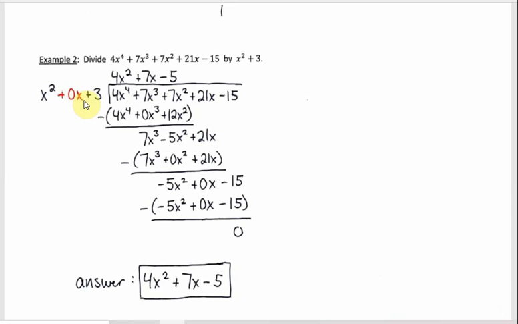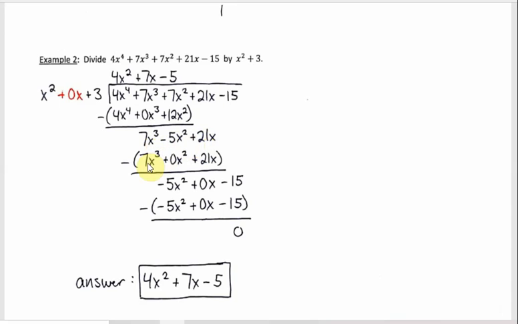All right, well then we need to figure out what we need to multiply x squared by to get 4x to the fourth. So 4 to get the coefficient right, and then x squared, because x squared times x squared gives you the x to the fourth. So 4x squared multiplied by this trinomial here, you'd get 4x to the fourth plus 0x cubed plus 12x squared. You subtract that off, you get 7x cubed minus 5x squared, then you bring down the 21x,